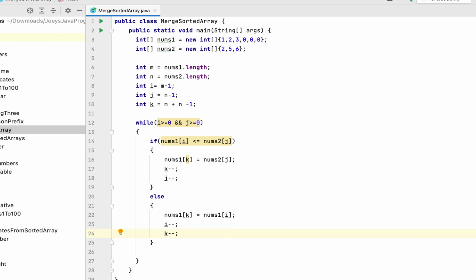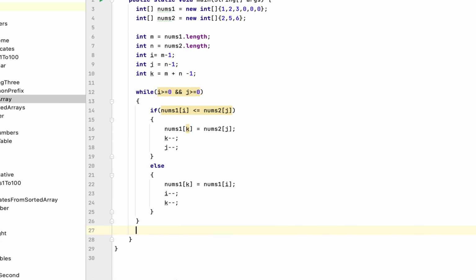This completes the loop. Now while submitting this question on the Leetcode website, I came across a use case in which there was given no element in the array nums1. In that case, our job is to only assign to the cells of nums1 the values of the cells of the array nums2. So to counter that use case, we are going to write a separate while loop, and the condition will be j is greater than or equal to 0 because